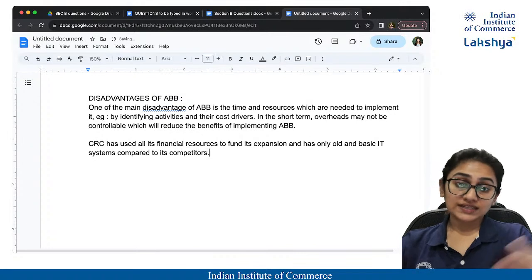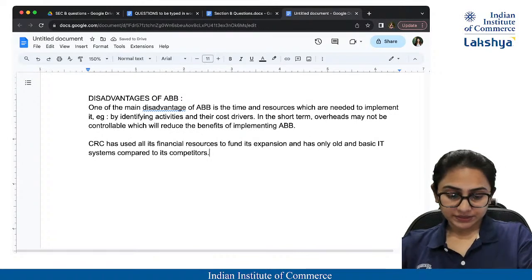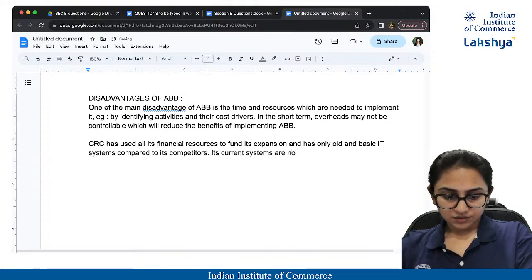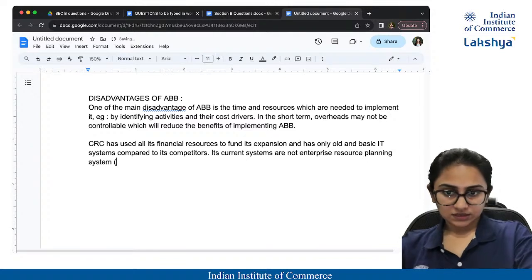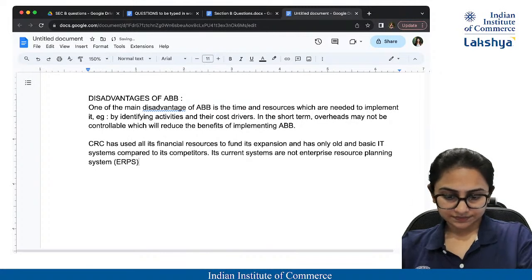It first of all has a very outdated system as compared to its competitors. Its current systems are not enterprise resource planning system, that is ERPS,